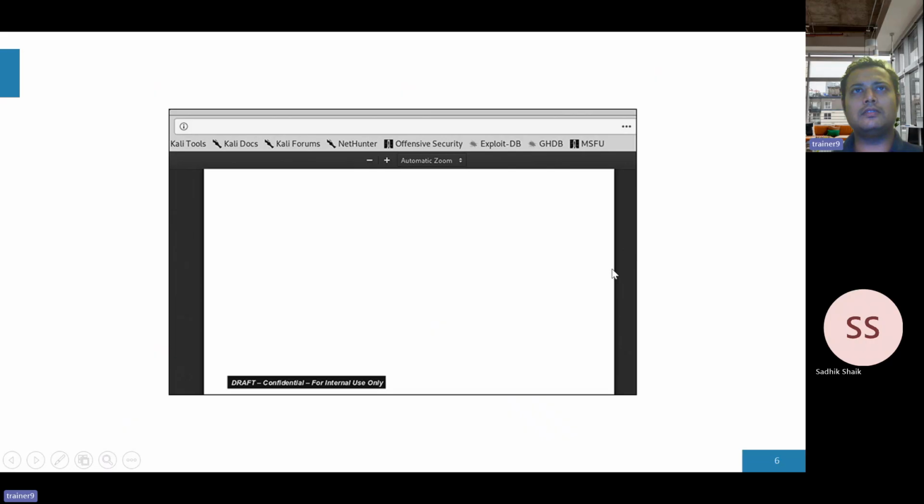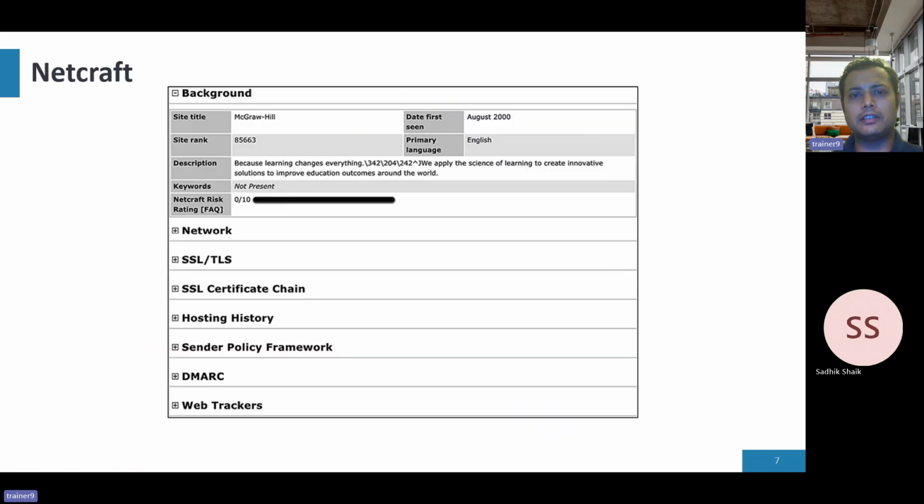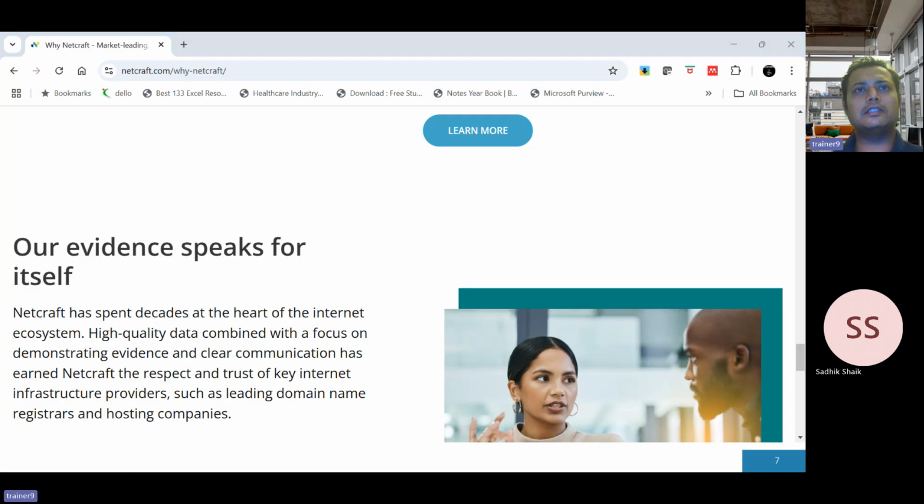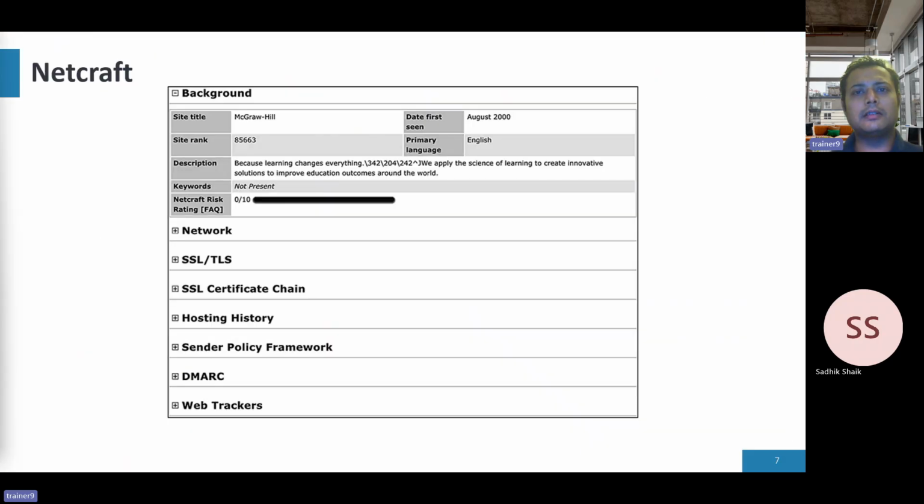So this is one example of Netcraft. In this example, you can see the description about this website. It gives you the site rank. Then it also tells you about the underlying technology, the SSL details, the hosting history, all those kinds of details that Netcraft is able to